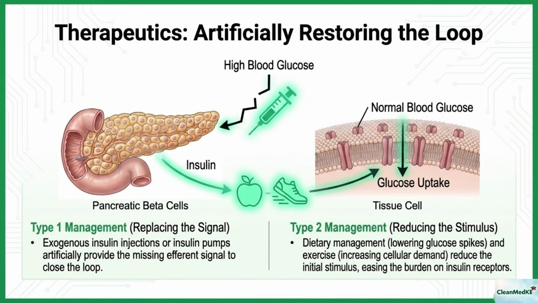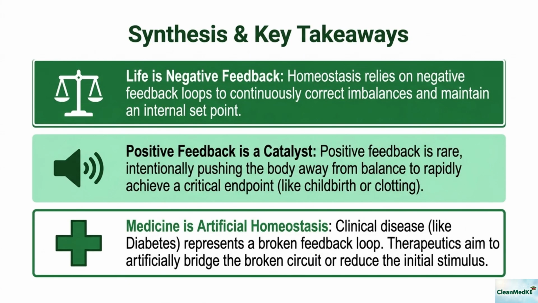For type 1, we replace the missing signal with exogenous insulin injections. For type 2, the focus is often on reducing the stimulus. By using dietary management and exercise to lower glucose spikes, we reduce the burden on the insulin receptors, helping the circuit function more effectively. In summary, remember that life is governed by negative feedback for stability, while positive feedback acts